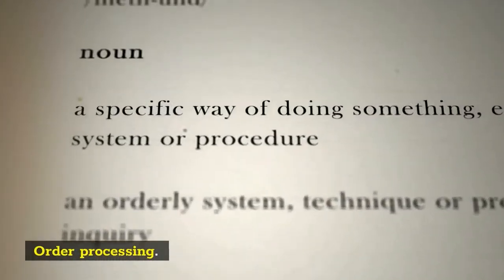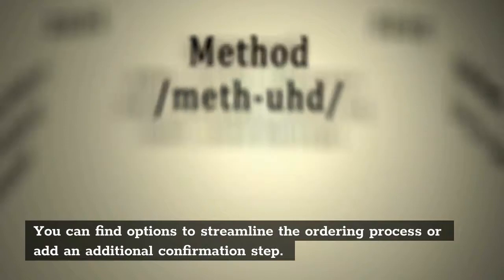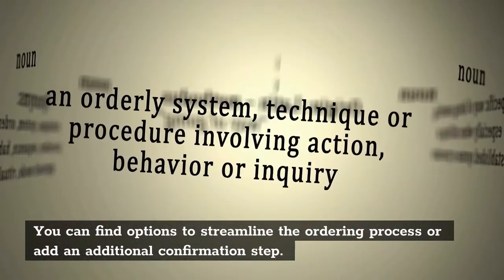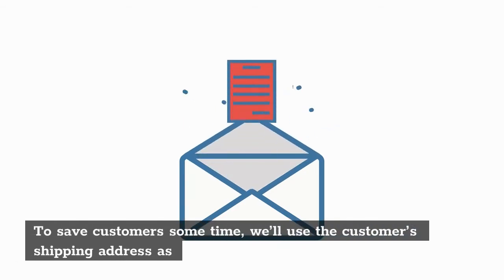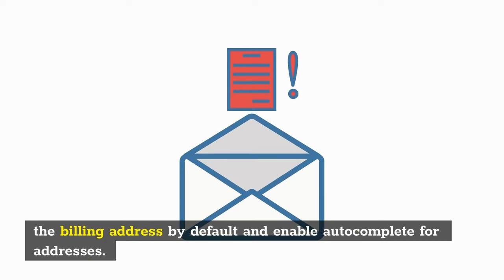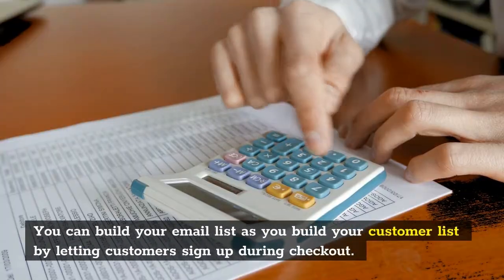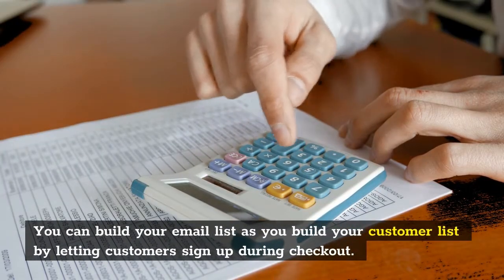Order processing. You can find options to streamline the ordering process or add an additional confirmation step. To save customers some time, we'll use the customer's shipping address as the billing address by default and enable autocomplete for addresses. Email marketing. You can build your email list as you build your customer list by letting customers sign